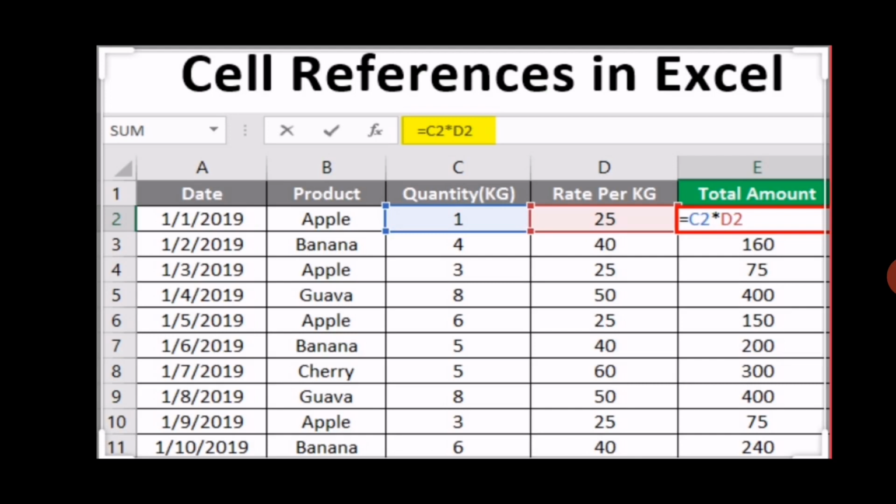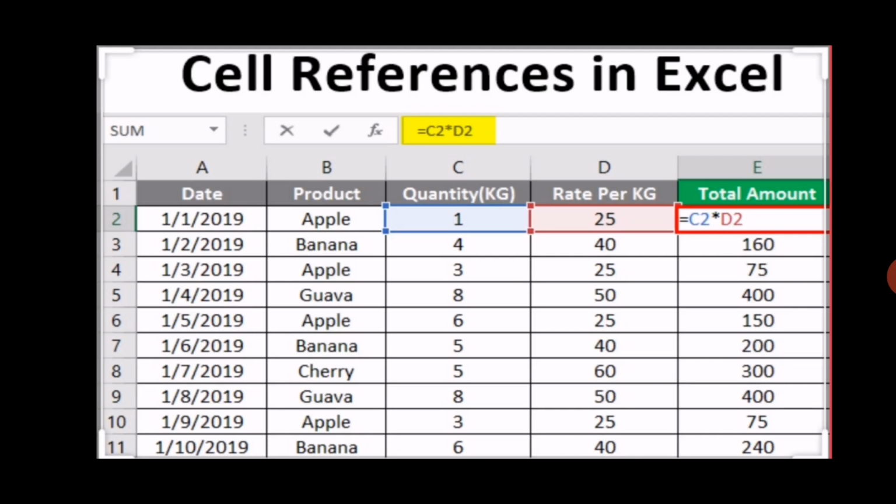Here we create a formula in a cell. If you want it to be changed in your cell, the formula will be the same but the address will be changed. Suppose I want the same formula in all the fields of the E cell, in the E column, down to the rest of the multiples.